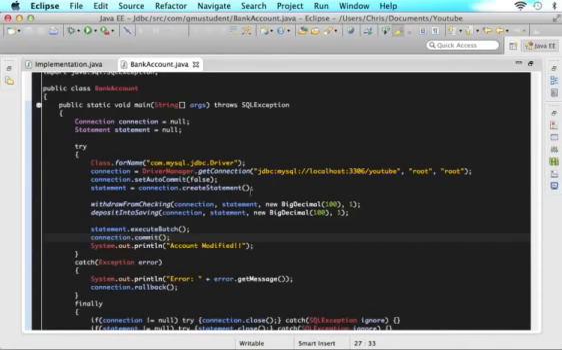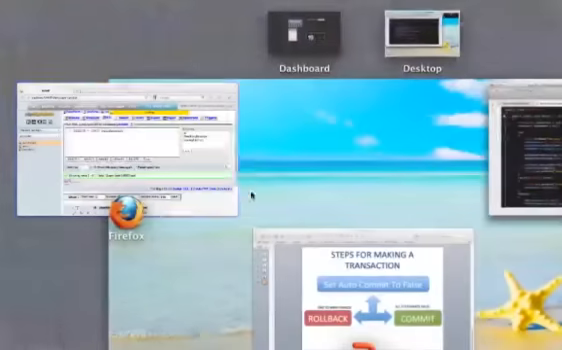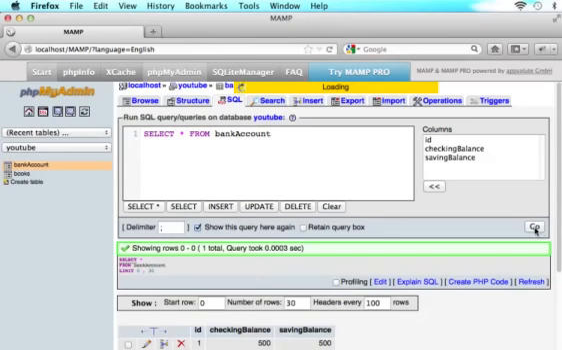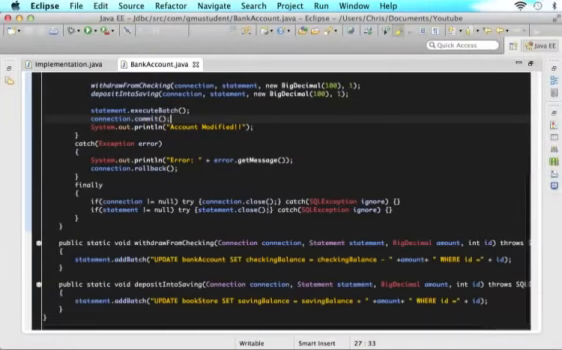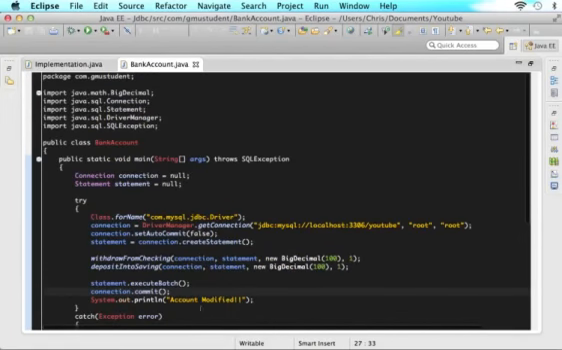So now I want to see this thing in action. If we look at our SQL database and I click go and I select everything in there, right now I have 500 in my checking and 500 in my savings. And what we have down here is we want to update the bank account and take $100 out of our checking account and put $100 into our savings account. And if it all works, it should print out account modified. So if we print this out,